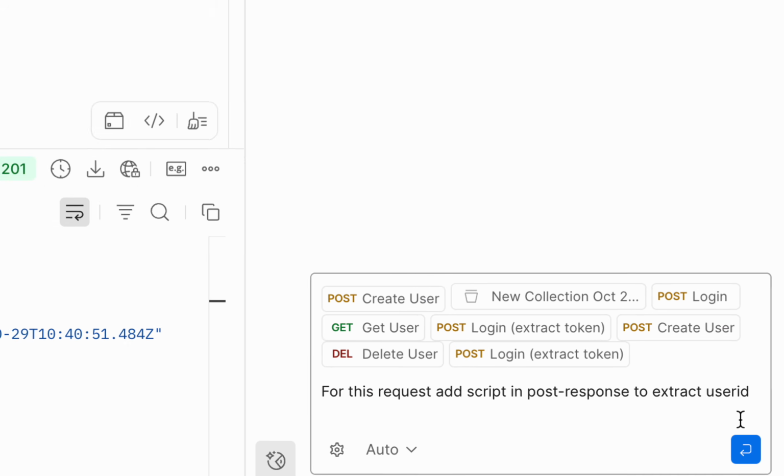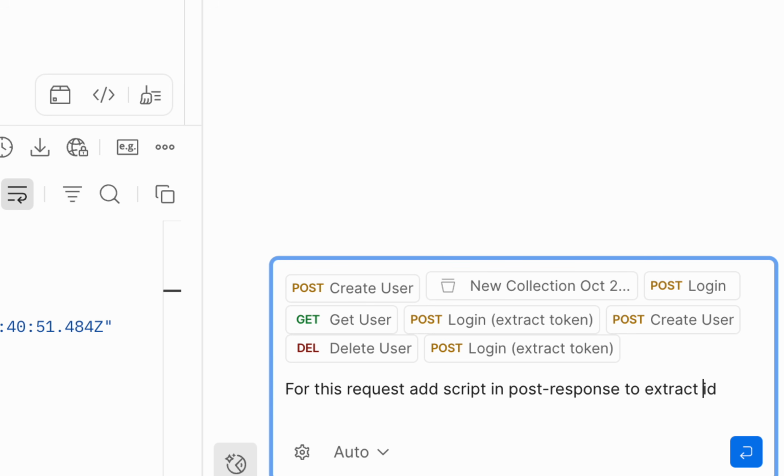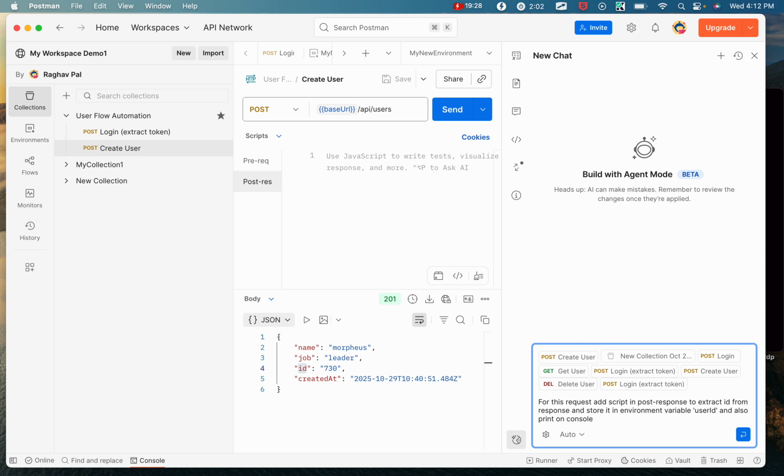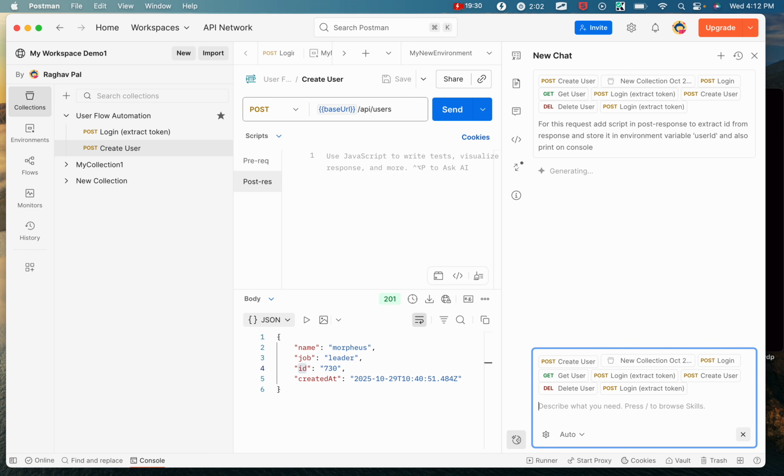So I will say here extract ID from response and store it in environment variable user ID, and also print on console. Printing on console is optional, so I will hit enter, and let's see the script it generates,